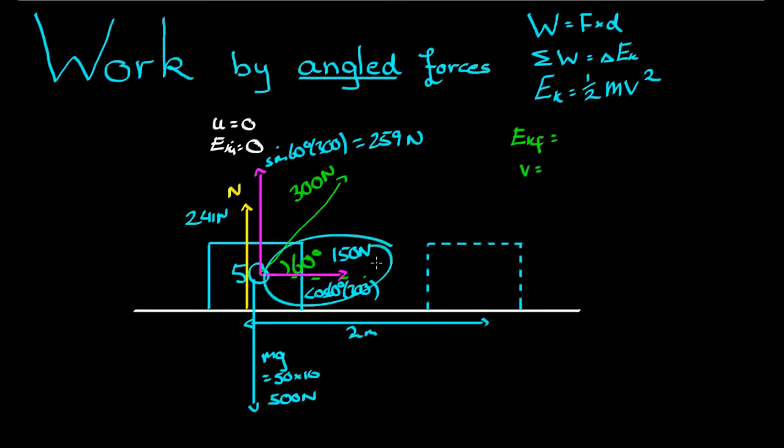Since this is the component acting in the direction of the motion, this is what we take as the F in work equals F times D. So we can say the work done by this force on this box over this distance is equal to force times distance, but we only take the component of this force acting in this direction, which is 150. So it's 150 times 2 meters